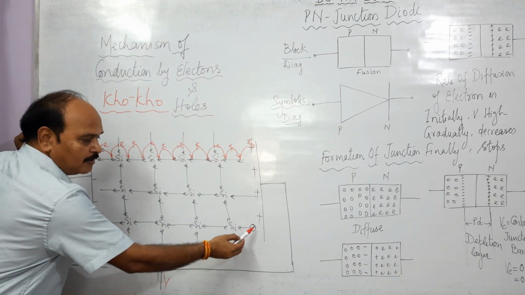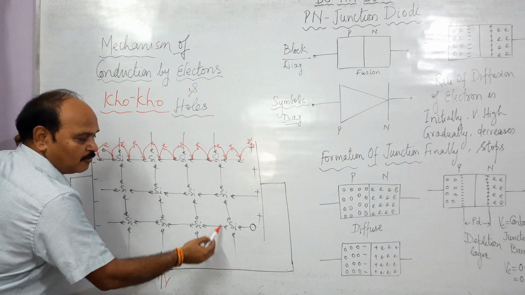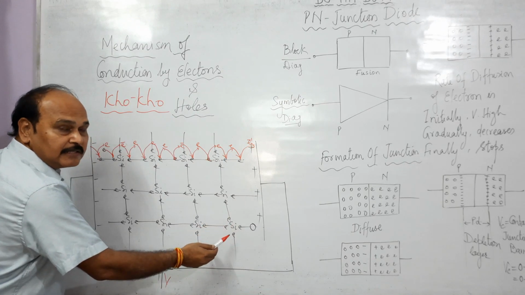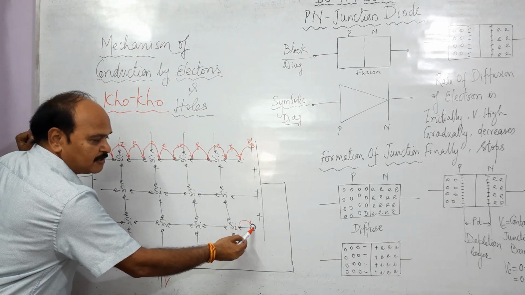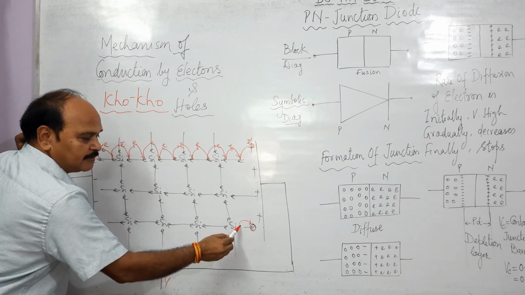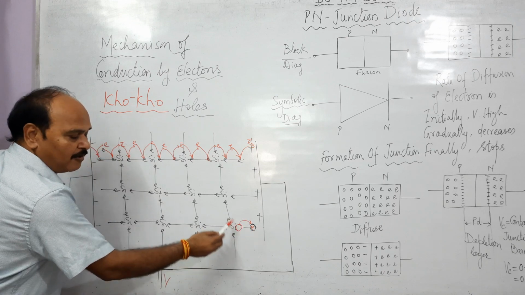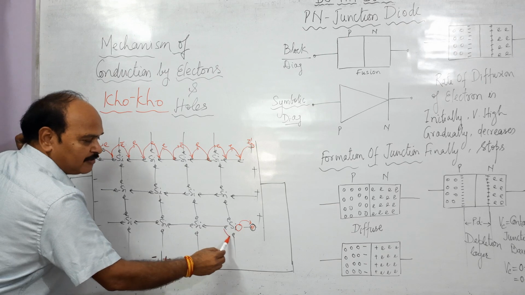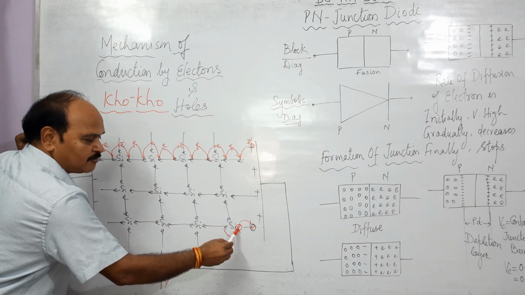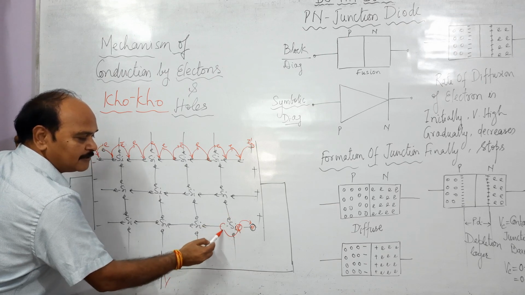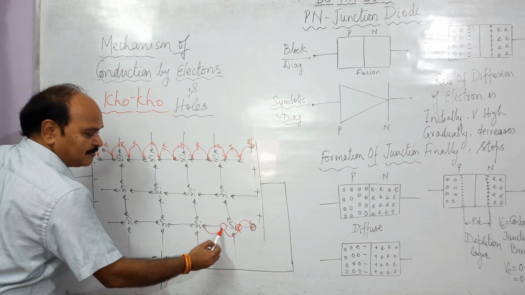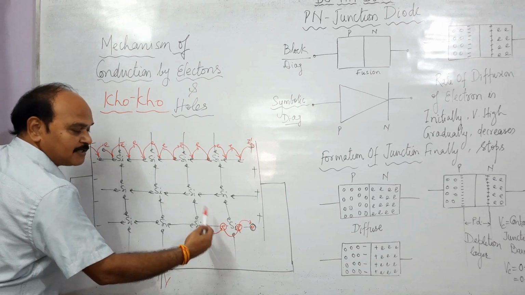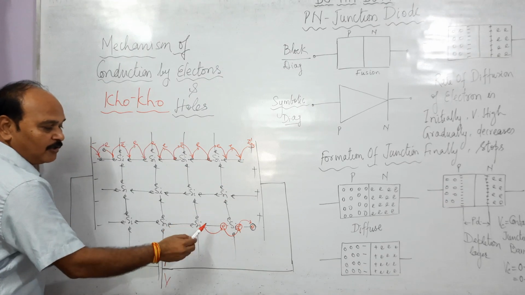See, this is hole, this is electron. All these are degenerate electrons, electrons of the same energy. When this electron jumps here, what happens? This hole is destroyed. Instead, a hole is created here. Out of these 3 electrons, if any of the electrons jumps here, what happens? This hole is destroyed. Instead, a hole is created here. If this electron jumps here, this is no more a hole. It is destroyed. But instead, a hole is created here.